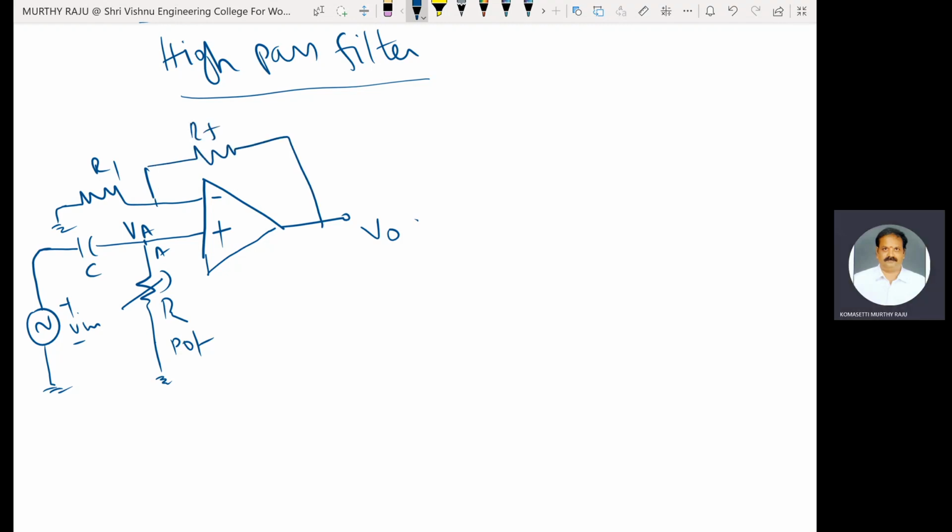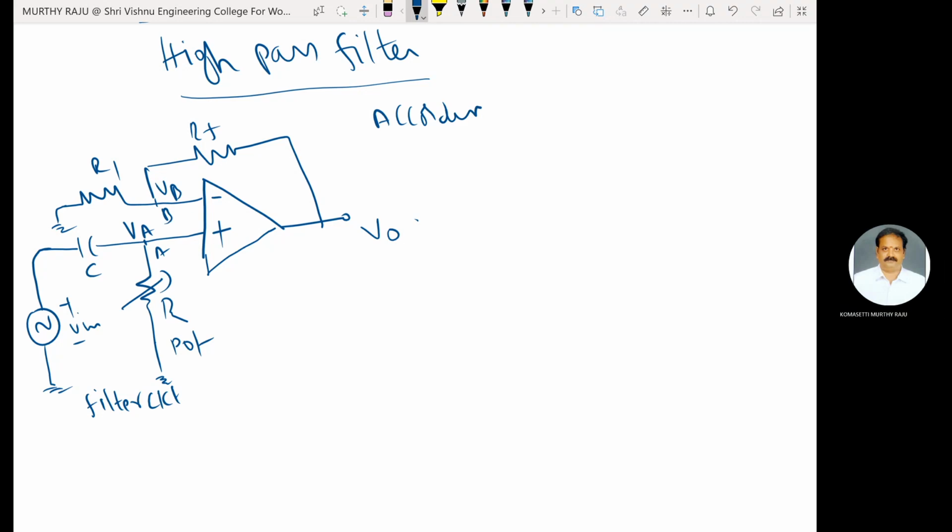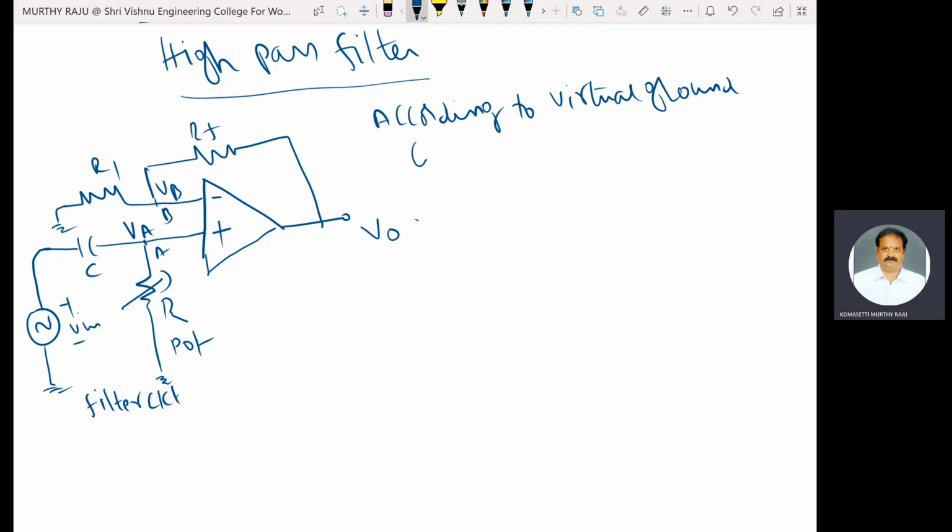This one is RF. This is the filter circuit. The filter circuit consists of C and R elements. Here the voltage at B is VB. According to the virtual ground concept,